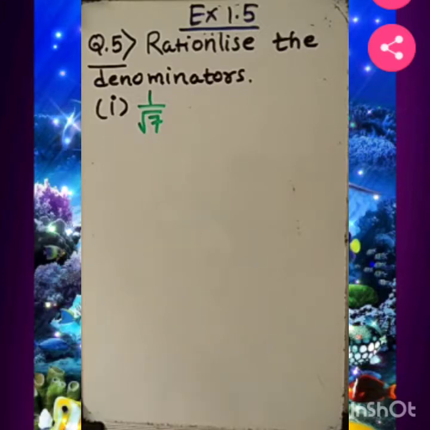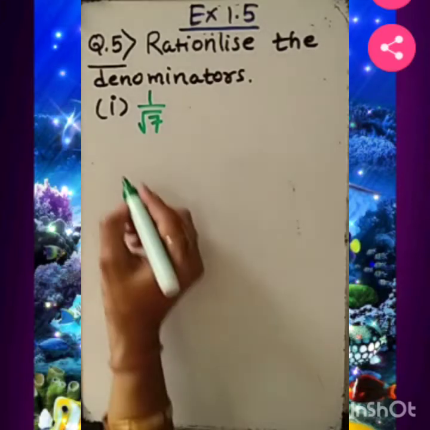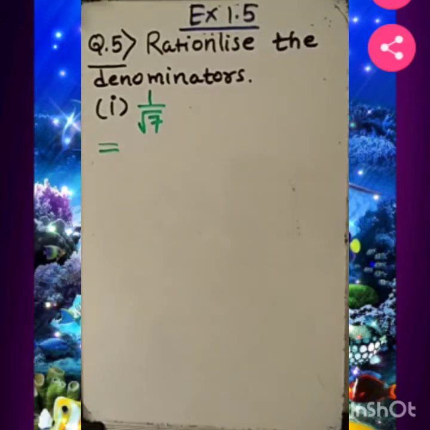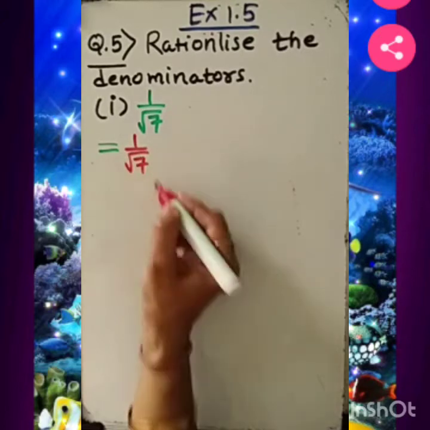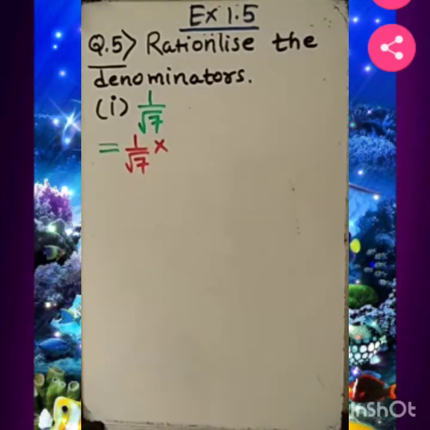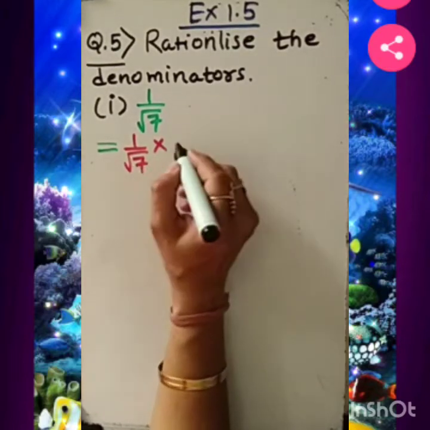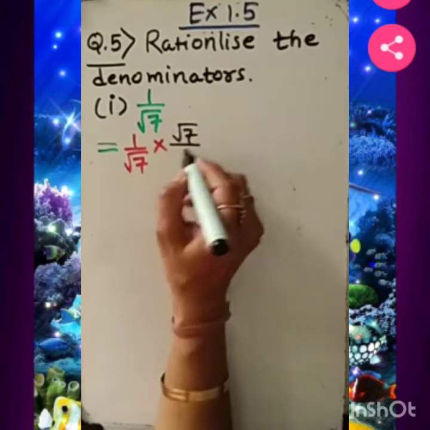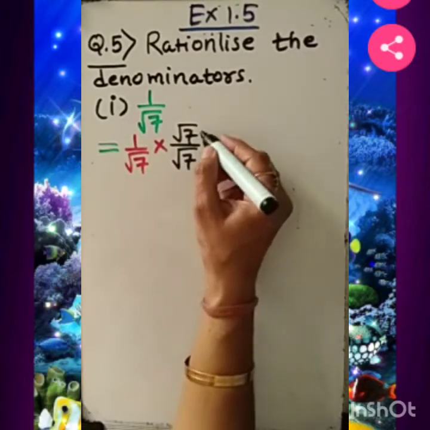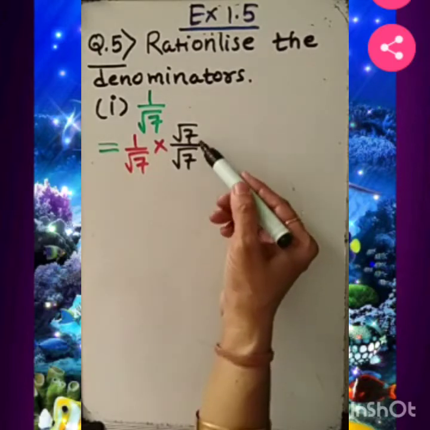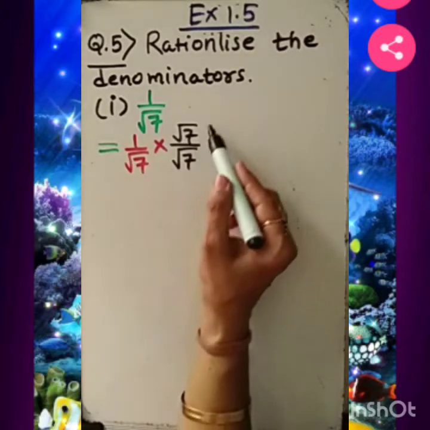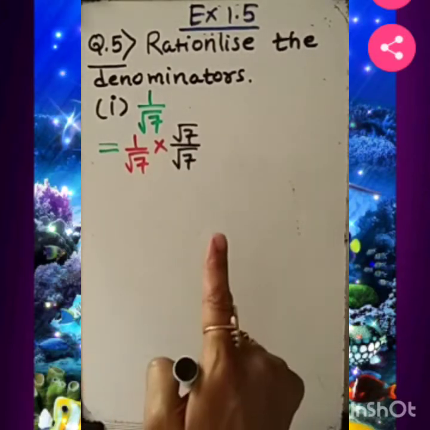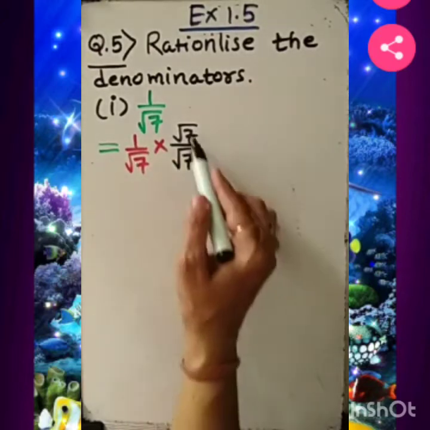So what we are going to do in this procedure, let's see. As you are learning it for the first time, please just see how it is done. This is the question. Now, with which number do we need to rationalize it? Always remember, here the number is root 7. With the same number, we are going to divide and multiply. The reason is that if I cancel it, the value stands at 1. That's why we can do this procedure.